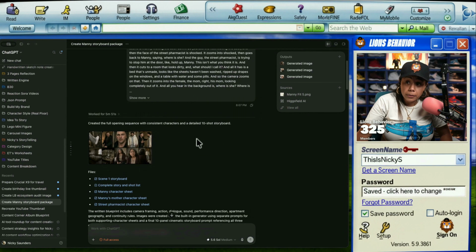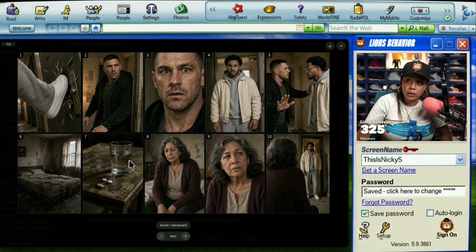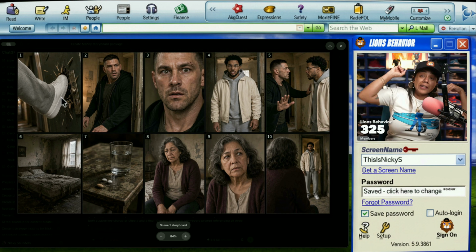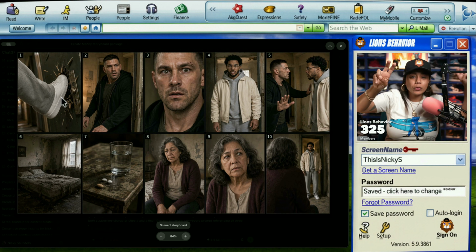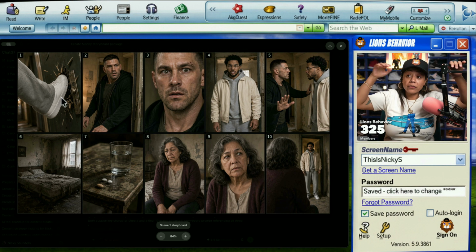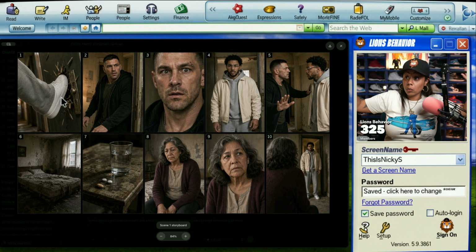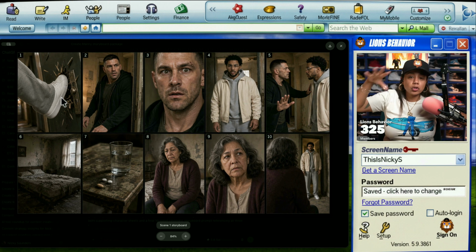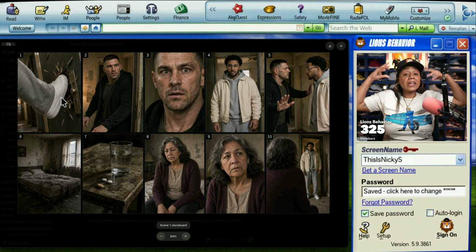I'll show you better than I can tell you. So my data dump turned into this, okay? So the idea was Manny kicking down the door, the street pharmacist, we'll say. The street pharmacist is right there. Like, yo, Manny's not what you think. Where is she? And it cuts into a room that looks horrible, right? Some pills on the desk. You see the mom just looking sad and depressed. And then Manny shows up, right? That's the story that I have in my head.